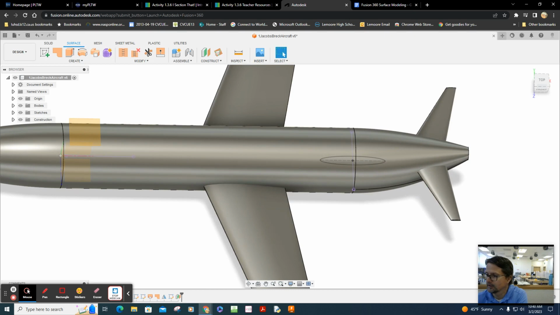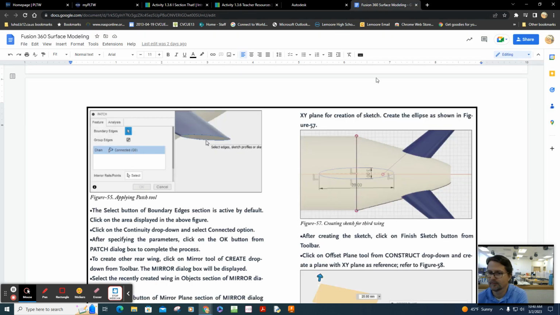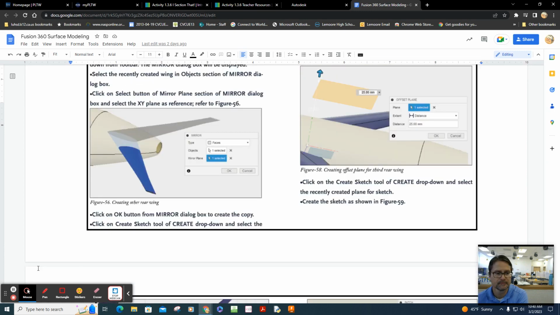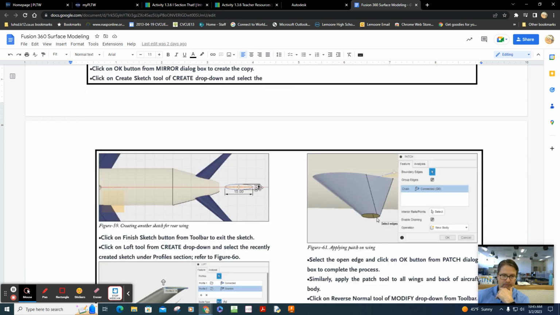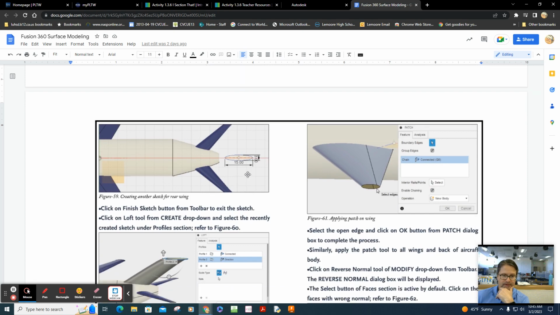Let's draw another ellipse. It's 15 by 3. So here's the directions show the plane, and then the ellipse that I'm going to draw right there on this side. Let's do it.